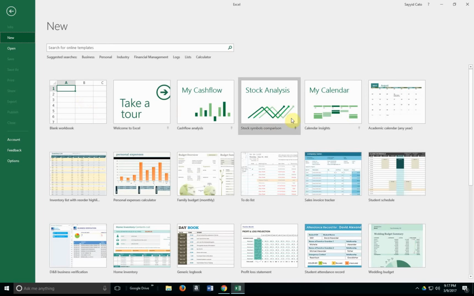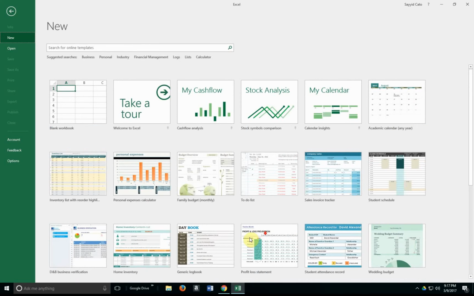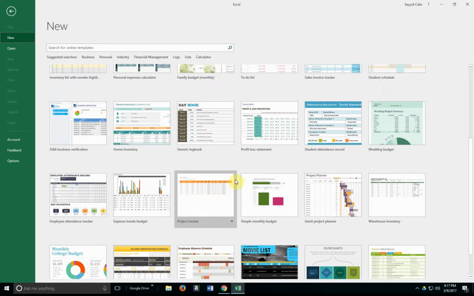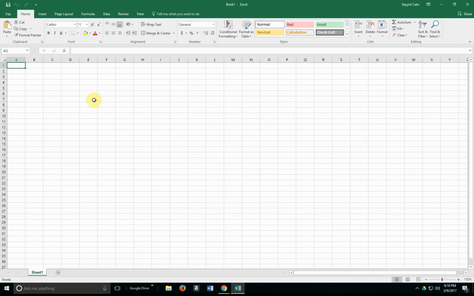Note though, just like Microsoft Word, you do have a number of templates that you can choose from. So depending on your immediate endeavor, you might find that there is an Excel document that has already been created for you, and you can change the information within these templates accordingly. If you're just starting out with Excel, because these templates are a little bit advanced, then my advice is to actually start with a blank workbook. So I'm going to click on my blank workbook,